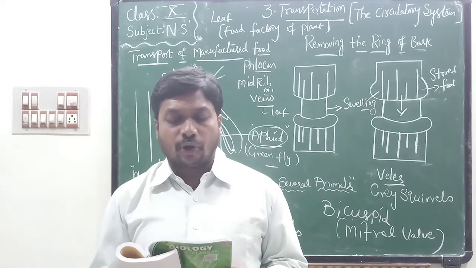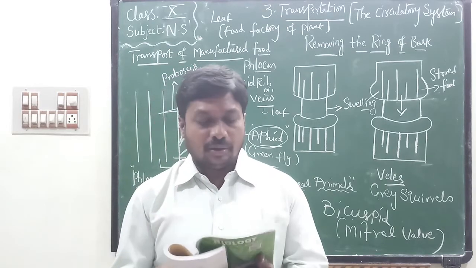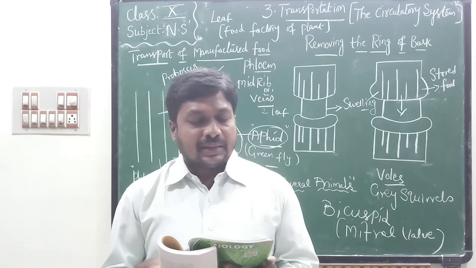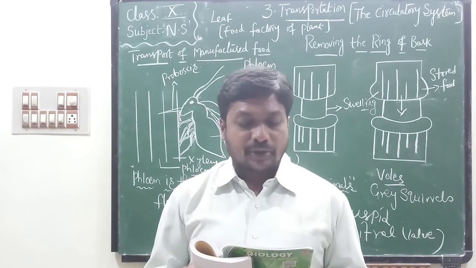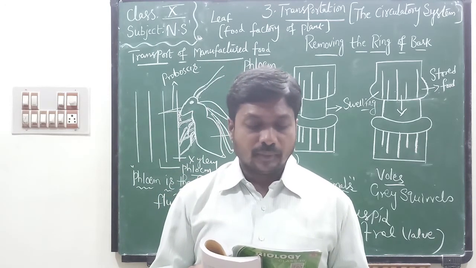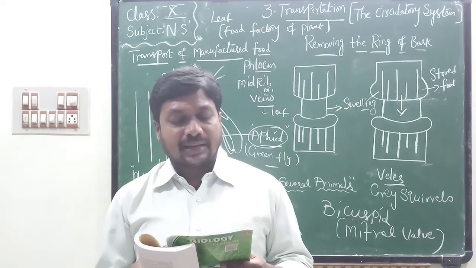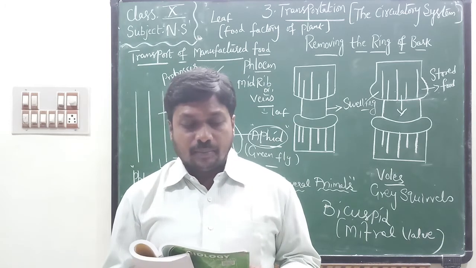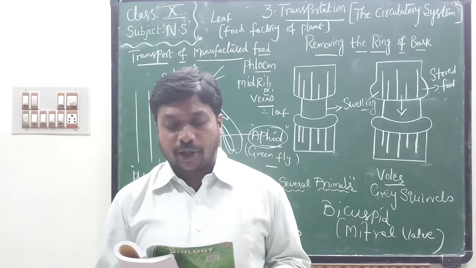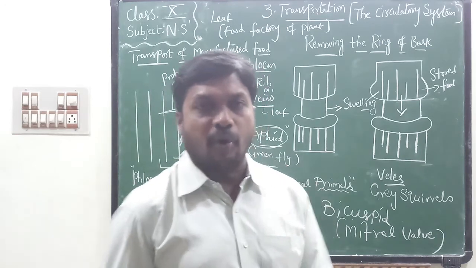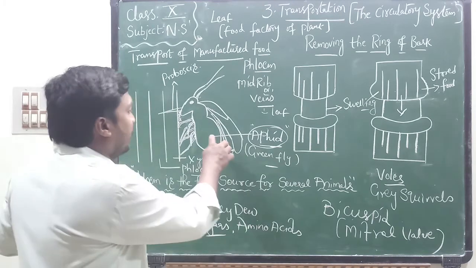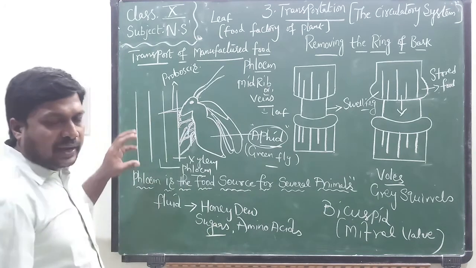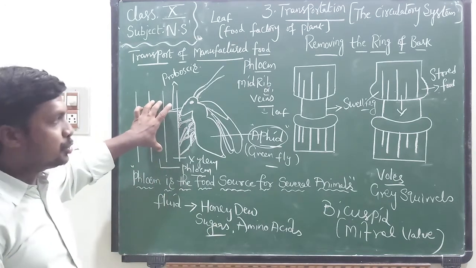Fourth one. Which of the following opinions is correct? Salma said xylem and phloem cells connect together to form a tube-like structure, and the aphid introduces its proboscis into the phloem to get plant juices. Write small b. Here I already explained to you. It introduces a needle-like structure called a proboscis into the phloem tissue to get ready-made food called honeydew from the phloem tissue.